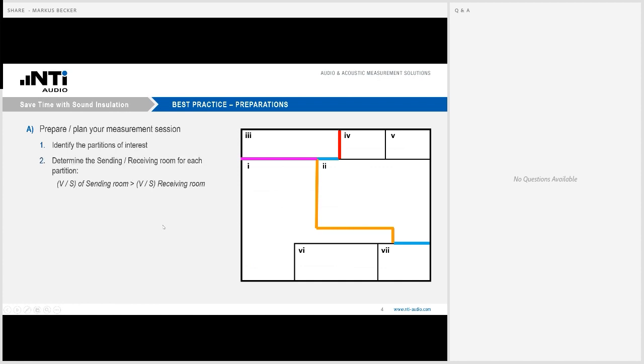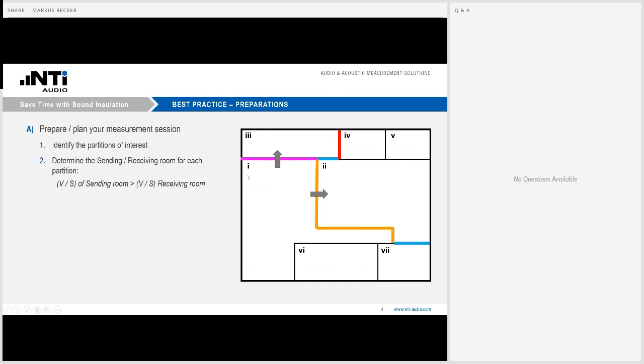Next, you can already upfront determine which is the sending and which are the receiving rooms for each partition. The rule of thumb says that the larger room is the sending room, the smaller one is the receiving room, or to say it more accurately, the quotient of the volume over the area of the partition gives us the corresponding factor that determines this decision.